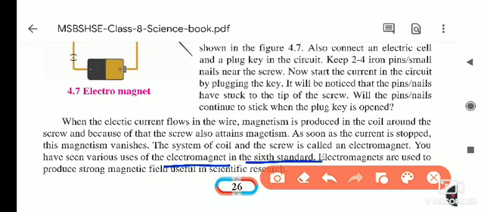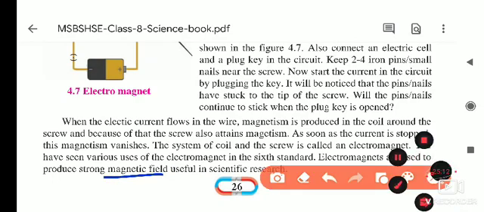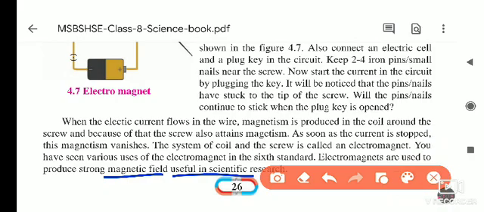In that system, when they are pulling the iron material, electricity flows through this circuit and the part behaves like a magnet, and due to this the heavy load of iron gets stuck to the crane. Whenever we want to keep it at that place, if we switch the button off, the crane's part behaves like a normal one and we can change the place of the heavy load. Electromagnets are used to produce magnetic fields, useful in scientific research also.